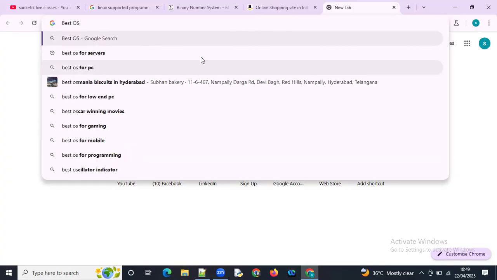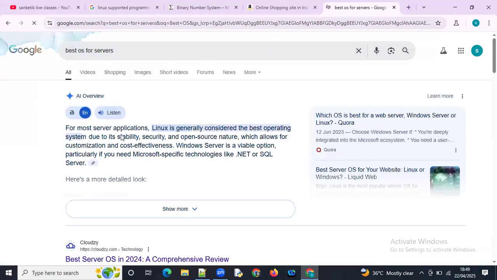See here, for most server applications, Linux is generally considered the best operating system due to its stability, security. I had already told you, because of security, and it is also open source. Because of these reasons, it is one of the best OS for servers.